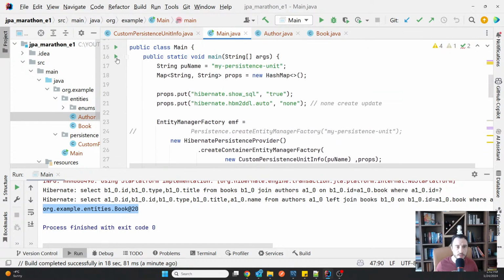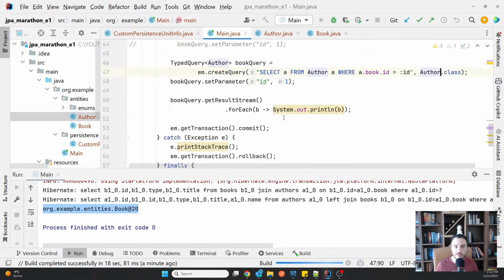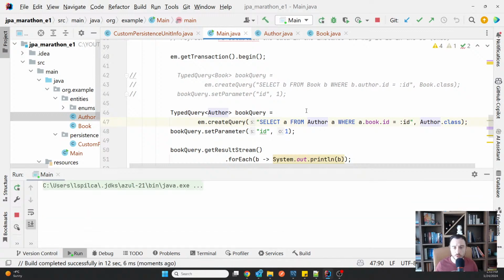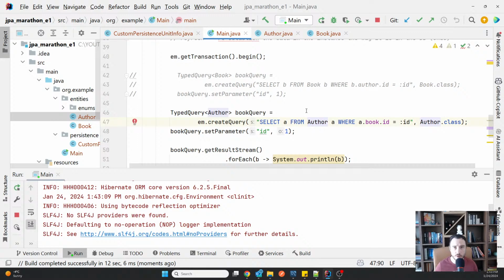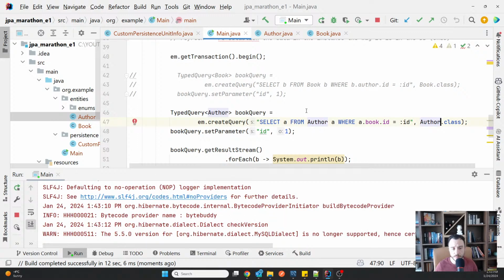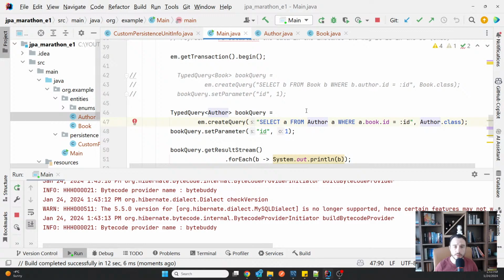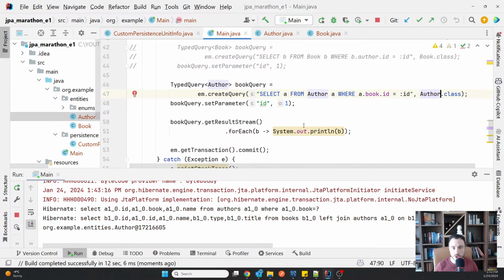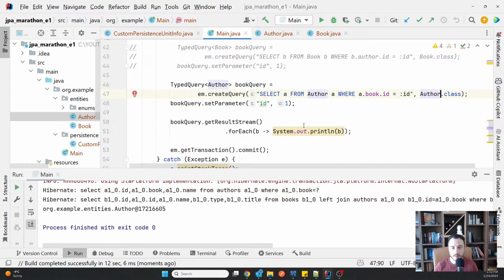But the only reason I'm able to refer from both sides is because I have a bidirectional relationship. So the advantage a bidirectional relationship provides me with is the ability to refer from any of the sides of the relationship. Otherwise, in a query, you can only refer to the relationship from the side that owns the relationship. You cannot refer from the other side.